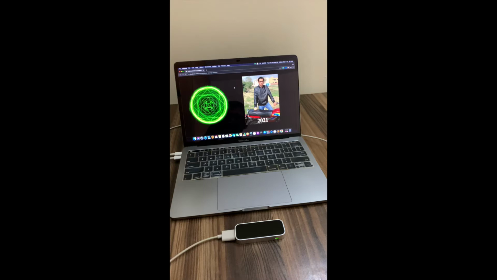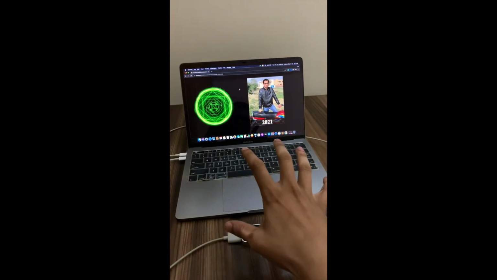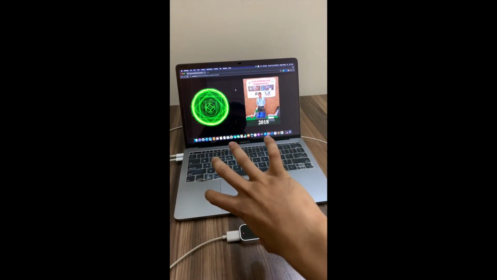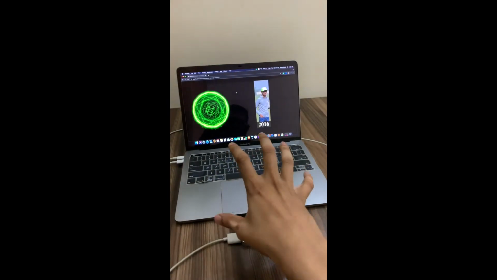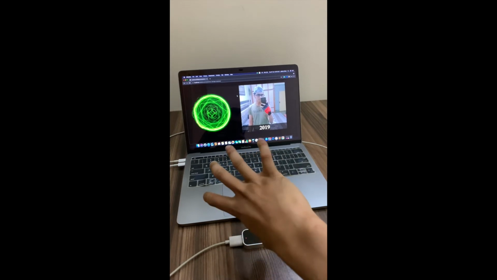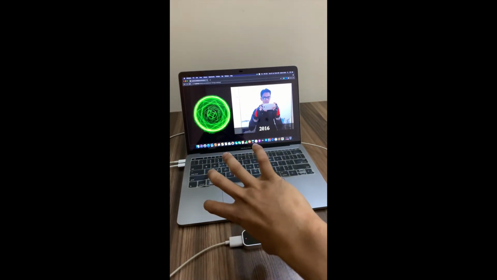This is what we are going to create. On the left side I am using a Dr. Strange time spell video which will rotate to the right when I rotate my hand to the right, and it rotates to the left when I rotate my hand to the left. On the right side I have some pictures with a text at the bottom.